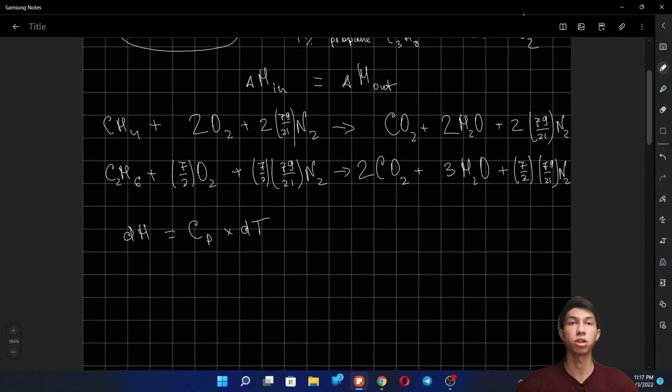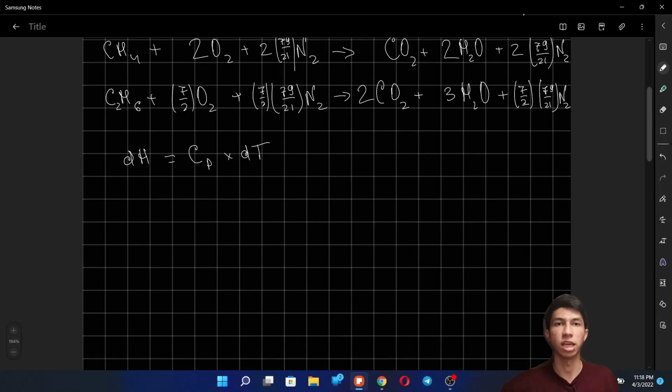which is a computational tool to calculate all the properties of the compounds. So we're going to use CHE tools to calculate the specific heat capacity for the compounds, but CHE tools uses equation 107 from ChemCAD. So in order to find the change in temperature, we should integrate from the lower to the higher boundary, and the equation that CHE tools uses is y is equal to a plus